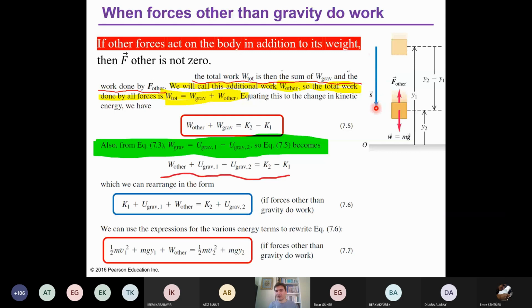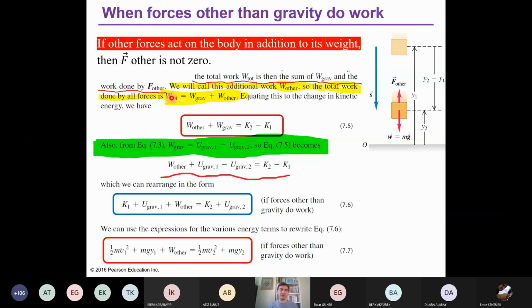And what about the direction of the weight? It is also downward. So since they are in the same direction, then the gravitational work is positive. But what about the W other here? F other is in the upward direction and the displacement is downward, then W other will be negative. W other will be negative, okay? You must be very careful when you are dealing with W other in